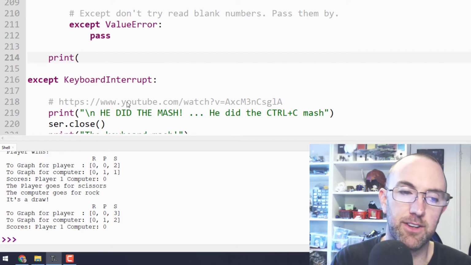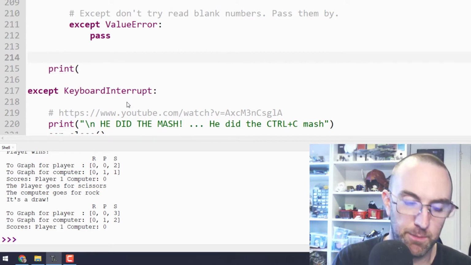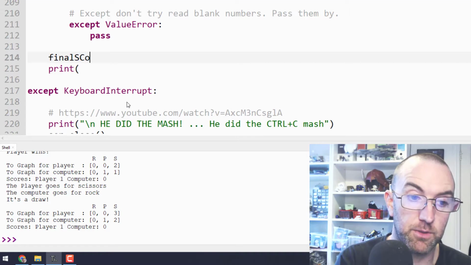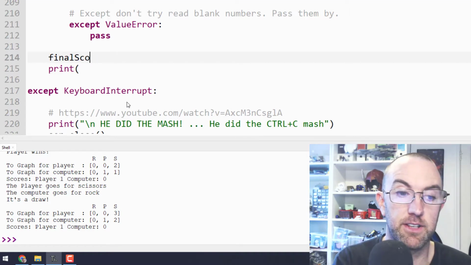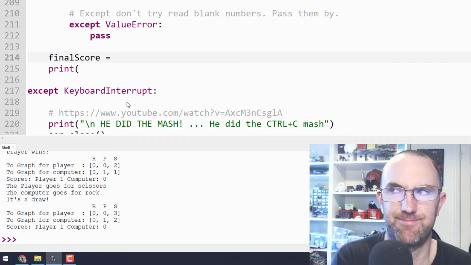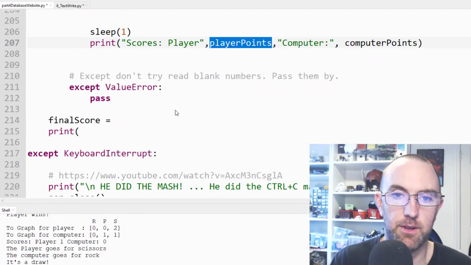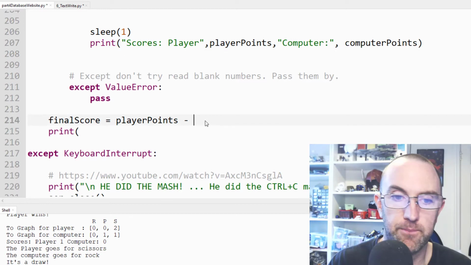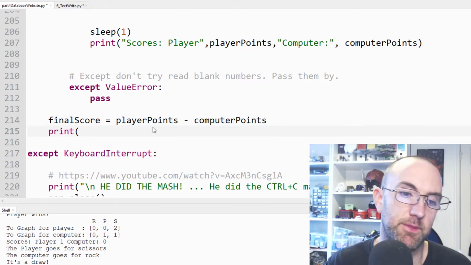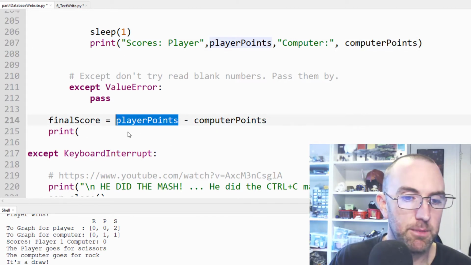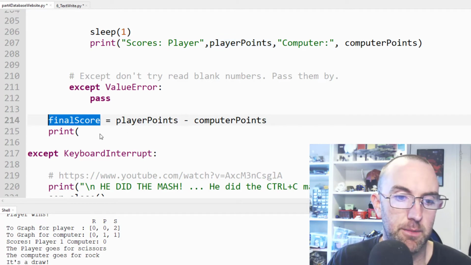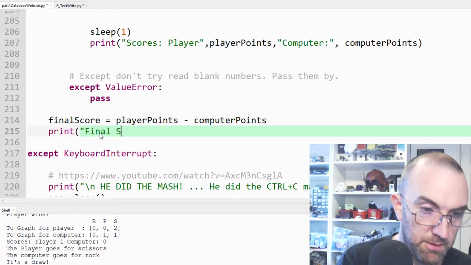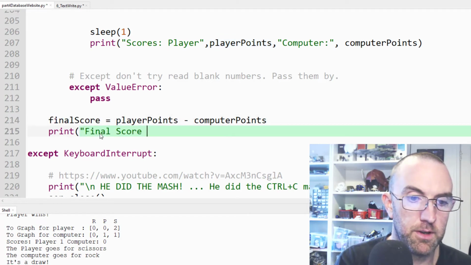Do you know what? I'm going to send this to a database. So before I even print it, I'm just going to say that the final score is the difference. I'm going to just assume that it's the player score, player points, minus computer points. And this might give me a minus number sometimes, but that's fine. That can be perfectly embarrassing. Print final score. Final score is